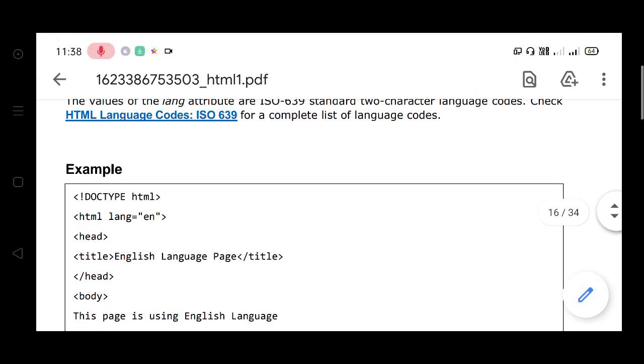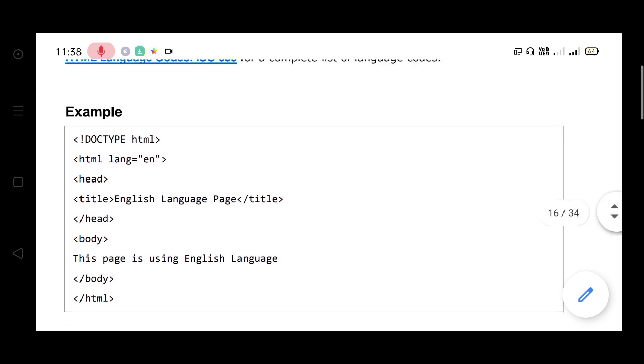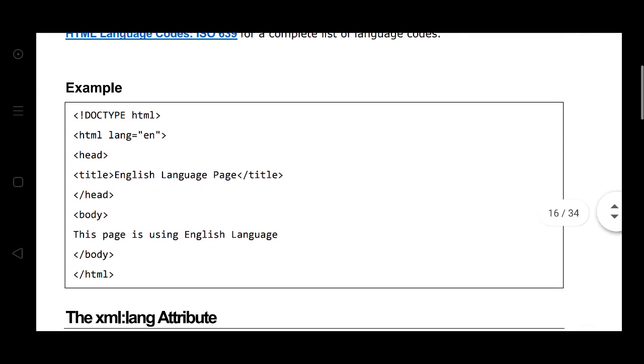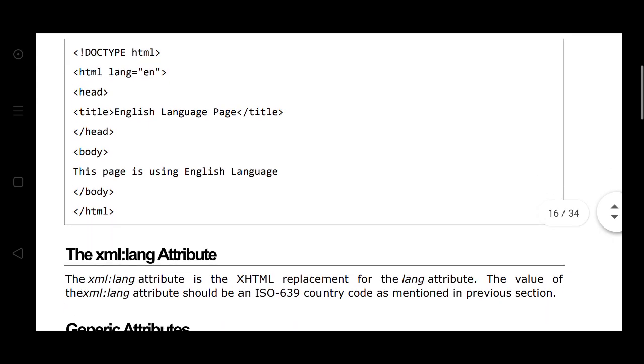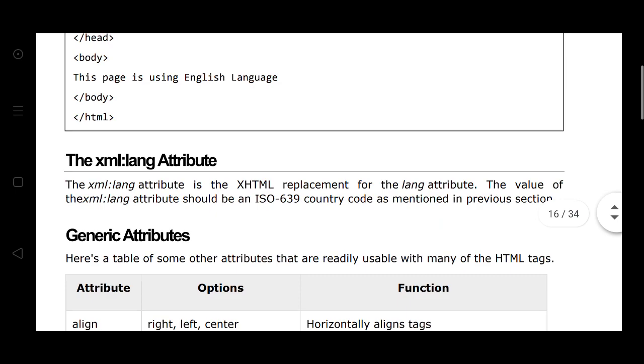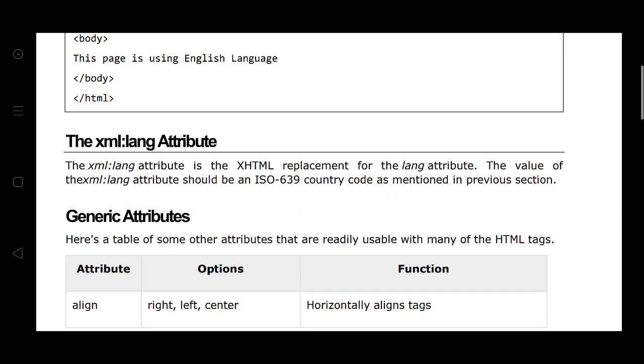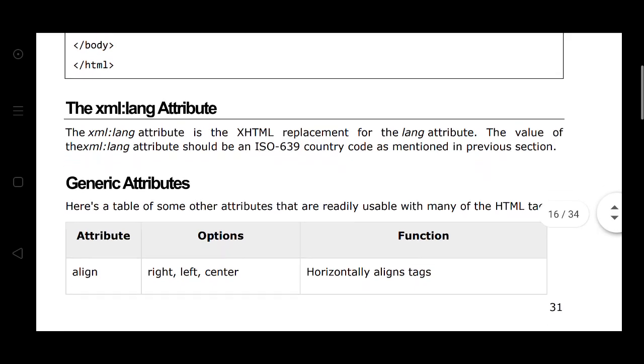Here, for example, for the HTML document, HTML lang en, title English language page, head, body, this page is used for English language. The xml:lang attribute is the XML replacement for the lang attribute. The value of the xml:lang attribute should be an ISO 639 country code as mentioned in the previous section.